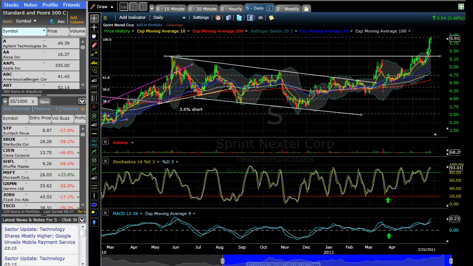Okay, so this is Sprint on a daily going back to June of 2010, where this channel was formed, and we traded this cyclical pattern where stochastics got oversold and overbought, oversold and overbought. Okay, so lately